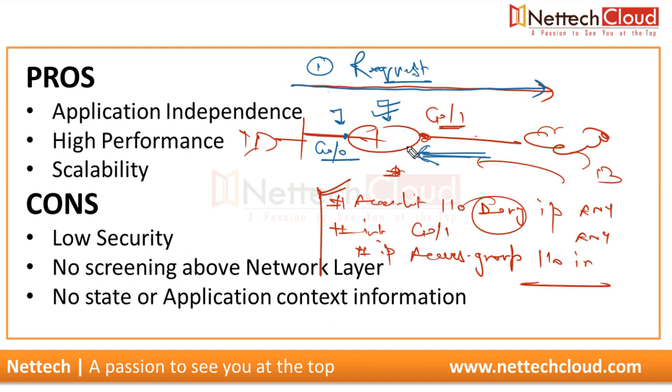right? So that is why what will happen? What about this reply packet? Reply packet will be checked with this ACL, and what's the statement in the ACL? To deny everything, no matter what the source is, what the destination is. It means the router is not in a position to bifurcate request and reply packet. Reply packet is again treated as if it is a request packet. There is no mechanism, no way to differentiate request and reply packets.